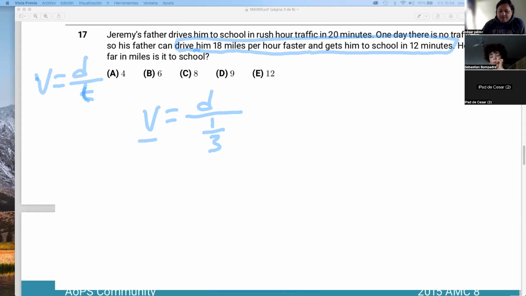We don't know the velocity, but we know that it's 18 miles faster. How can we write this? Velocity plus 18 will be equal to the same distance divided by